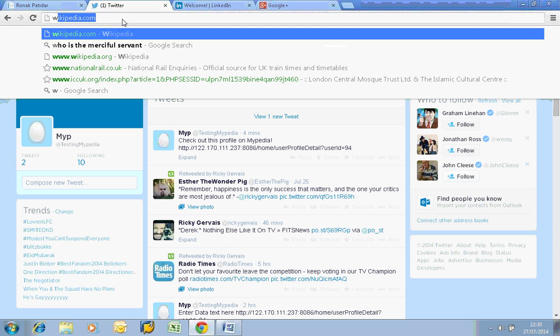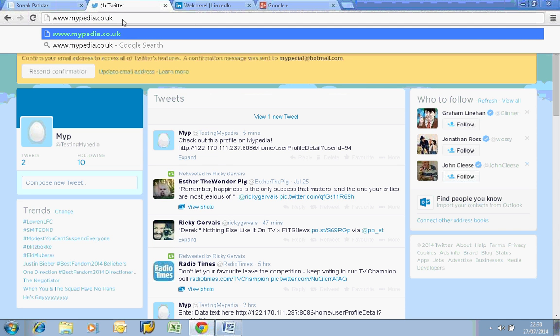So the link should be something like mypedia.co.uk/Ronak Padida. That's the kind of link it should be, so it should be displaying that instead of user ID 94 or profile detail or anything like that. And obviously if there's another Ronak Padidar that signs up, then that can be number 1 or 2 or 3 or 4 or 5 or 6, and then you can have multiple Padidars that sign up. But really that's what the link should be, because it looks very untidy like this. So basically the URL links need to be very user-friendly and easy to share on Twitter as well as on